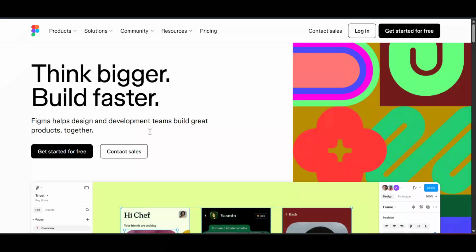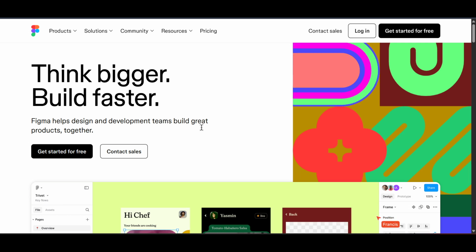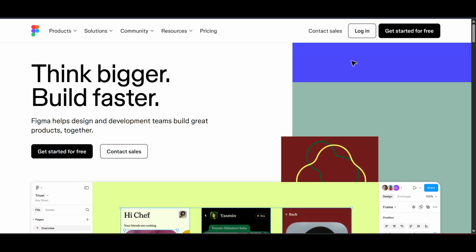In today's video, I'm going to teach you how to use the first draft AI feature efficiently and effectively. This will help you get the most out of your design projects by leveraging AI technology to streamline your creative process. To get started, the first thing you want to do is open your web browser and navigate over to